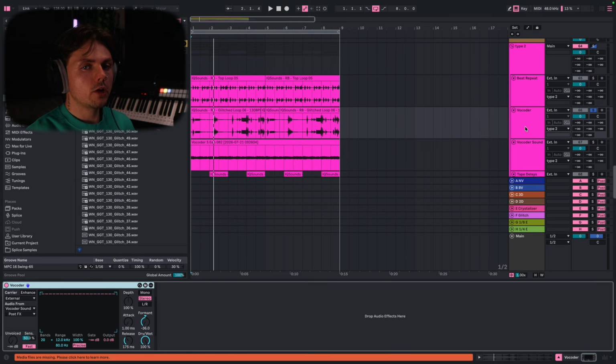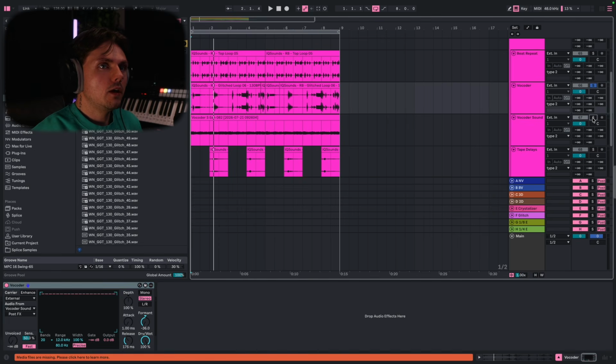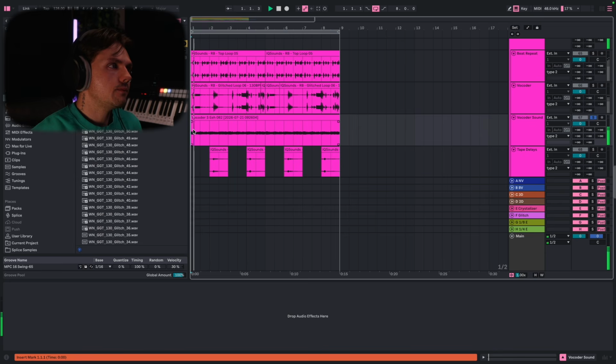Next up, we have the vocoder. So the vocoder can be used for an external trigger, meaning you can create weird, glitchy sounds by using two different samples. To explain this further, I have this loop down here,